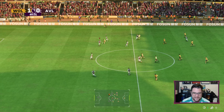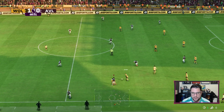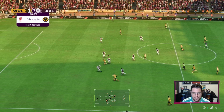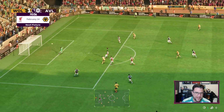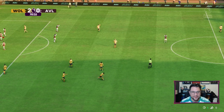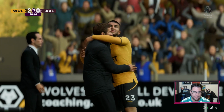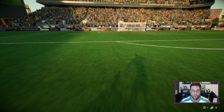That's really irritating. On Bailey on it, and we hear he is just about to be subbed off for Aston Villa, and doing things like that is going to make that substitution a lot easier for Unai Emery to make, as Correa tries to burst forward. He's actually got past. It selected the wrong player for me. That's so annoying. He scored 2 goals that shouldn't have happened. I was trying to select Elias Yaller, and it selected Pau Torres on the other side, which meant I ran Pau Torres completely out of position and didn't run Elias Yaller close to the ball. It's 2-0 Wolves, and both goals have been